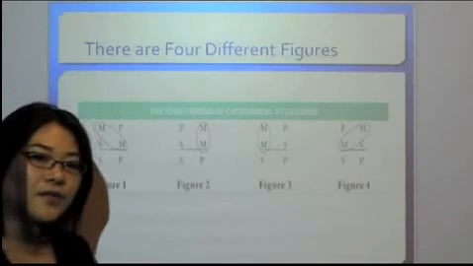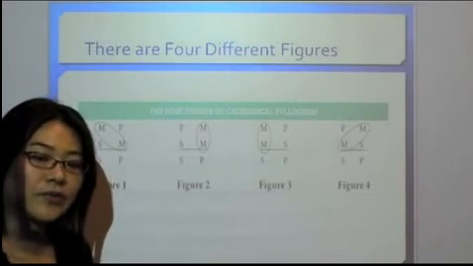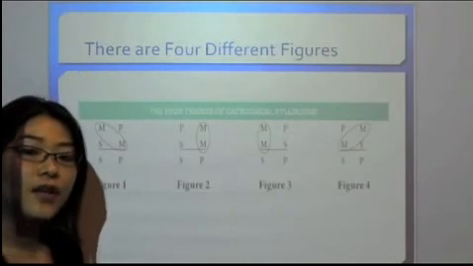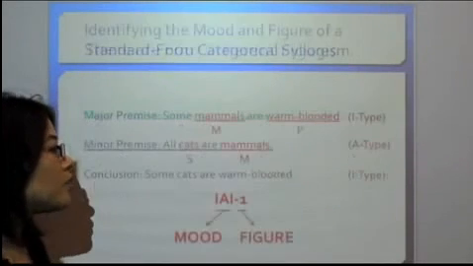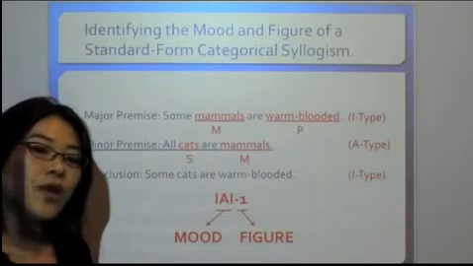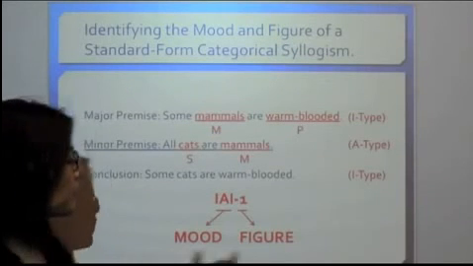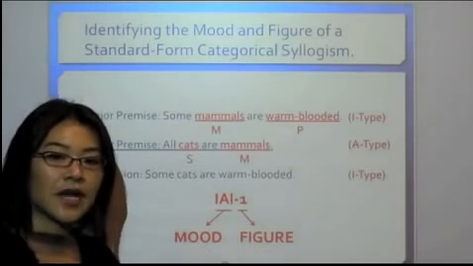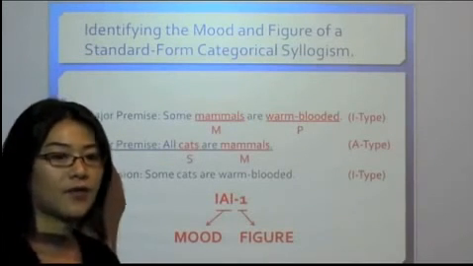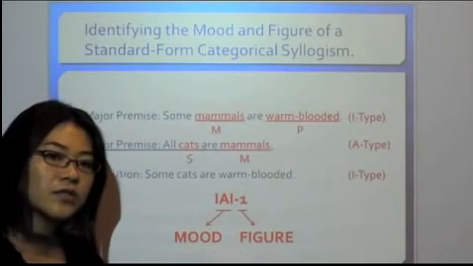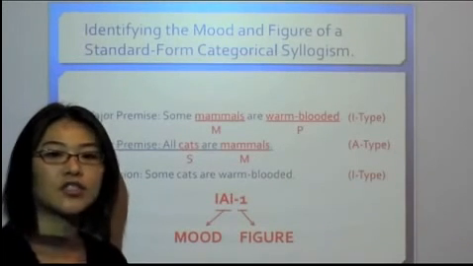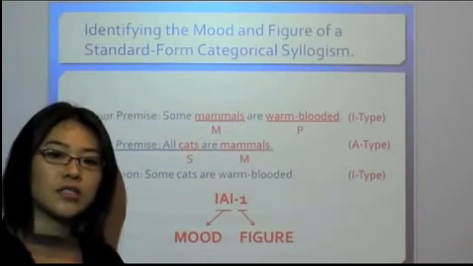So that's how we identify the figure of a standard form categorical syllogism. And now, once we know how to identify the mood and the figure, we can bring these together. The mood and figure combined tells us specifically the type of categorical syllogism we have, okay? The type of categorical syllogism identifies the form or the pattern of reasoning, the structure that the argument is using,